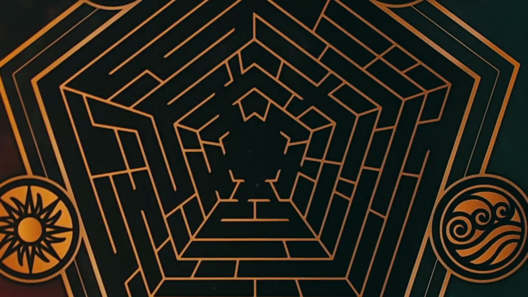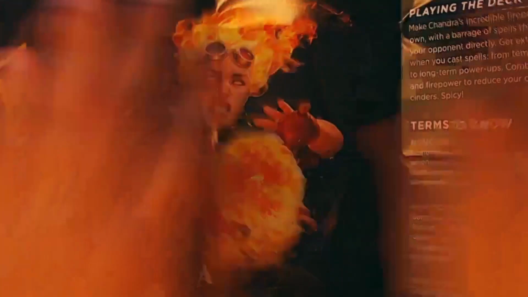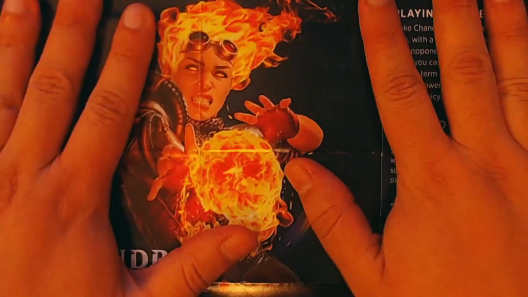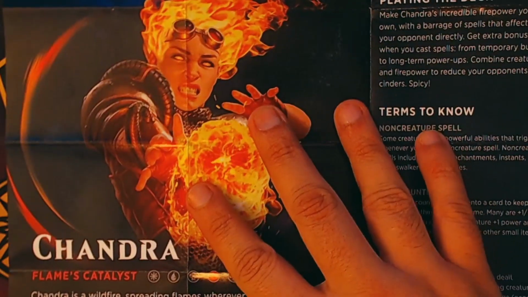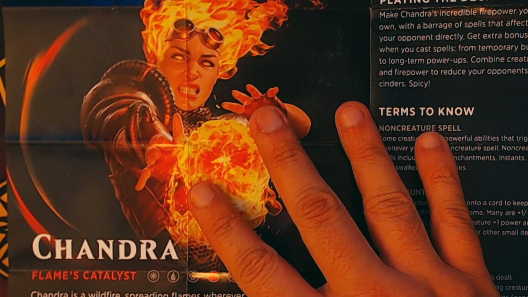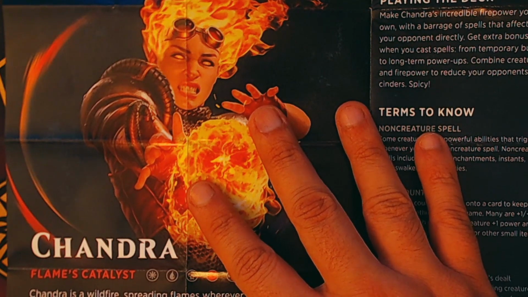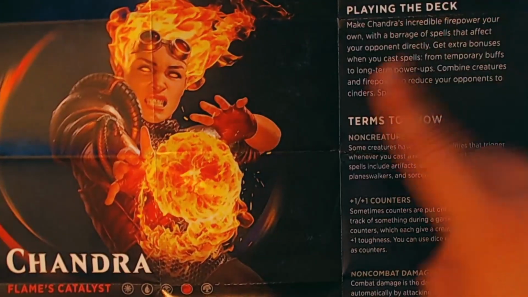So let's take a look at this little insert here. Which I probably should have done this first. So this 60 card deck is ready for battle, so don't start adding new cards just yet. Play a few games to understand how your deck works. Then open the included booster pack. Playing the deck, make Chandra's